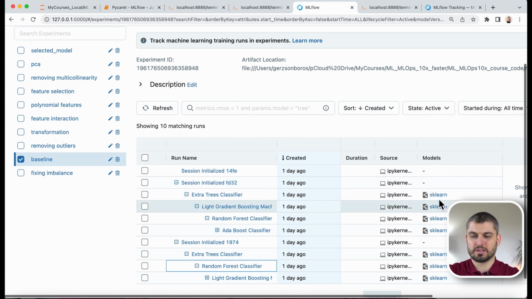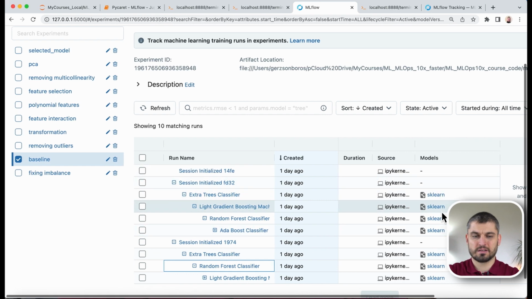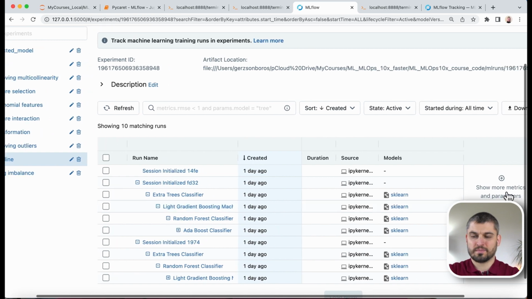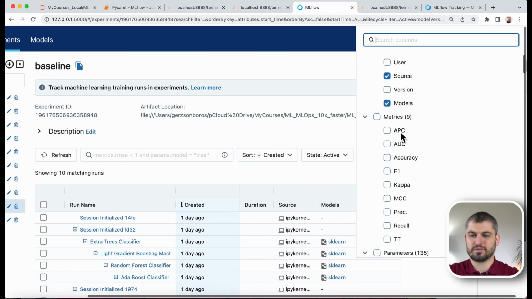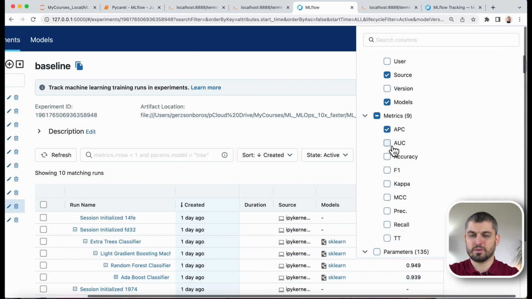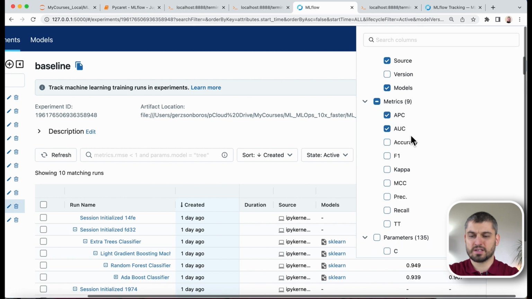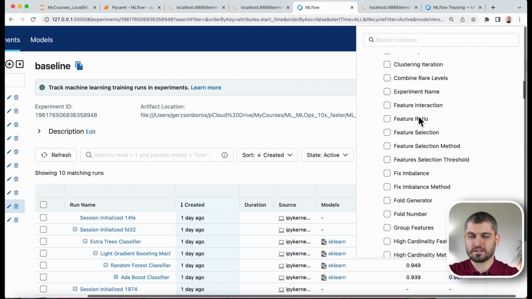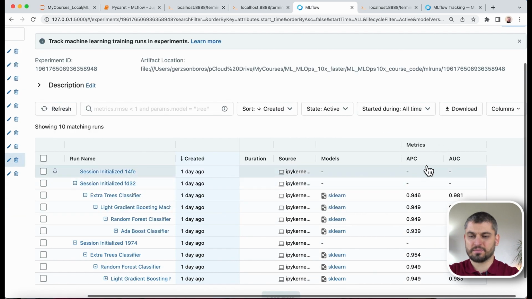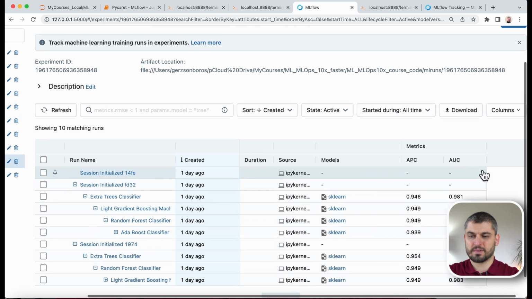And we can see the models, so they are sklearn models, and we can show many things for them. Click here, and we can see the user, the source, the version, the models, and different metrics. For example, we want to show APC and AUC, and there are many other parameters we can show on the web user interface. So now we can see the metrics, APC and AUC,